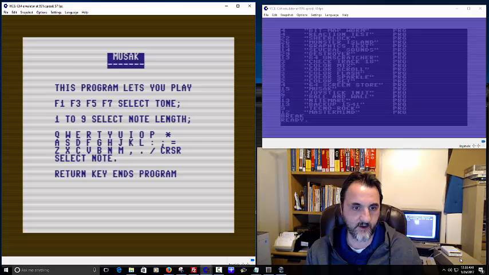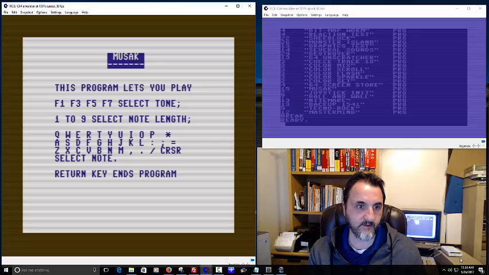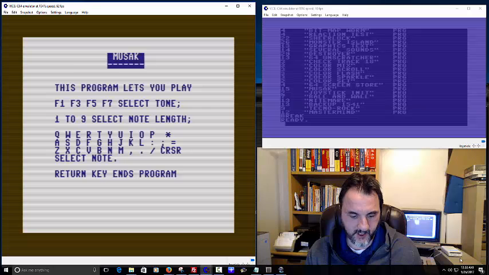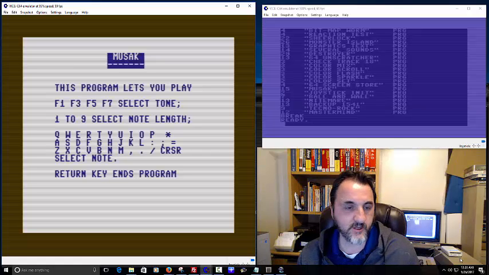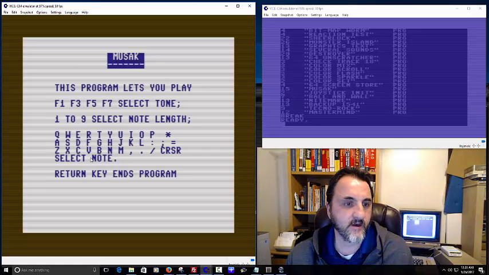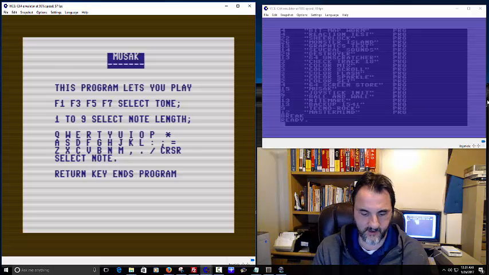I'm pressing a Q. It's giving me the same sound every time. You can set the length, it says, with the number keys. Let's kind of shrink it. Some kind of piano or something. Not sure why that's not changing the tone or the waveform, but anyways.